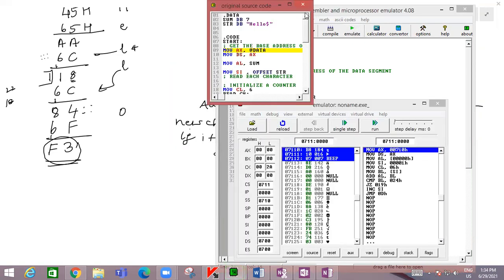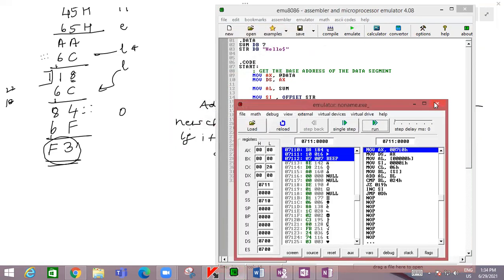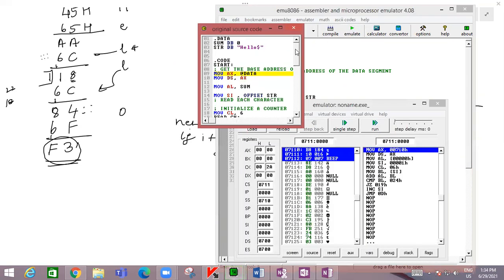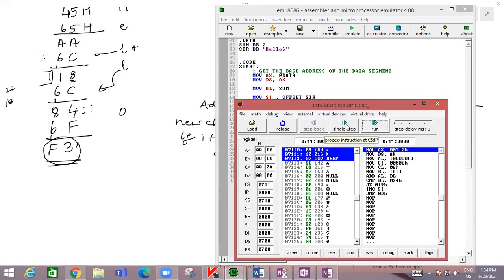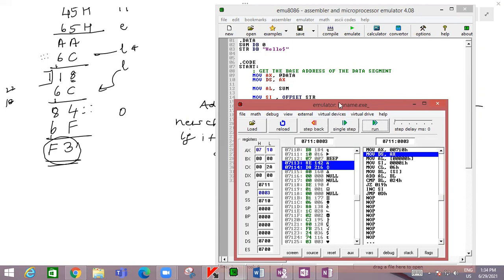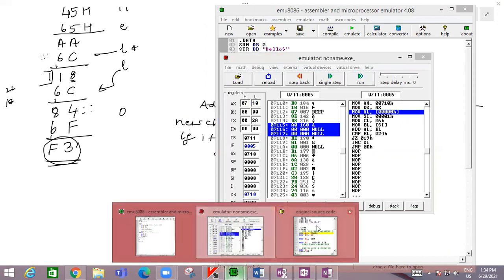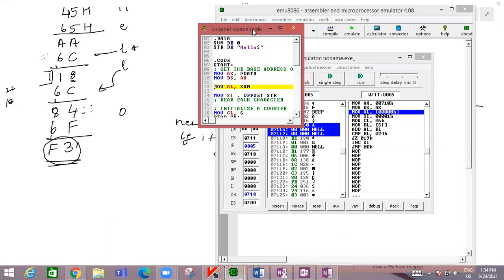Initially we have to store a 0 in the sum. We don't want some random number. So we'll do single stepping, and our sum is in AL. Okay, so do the single step.